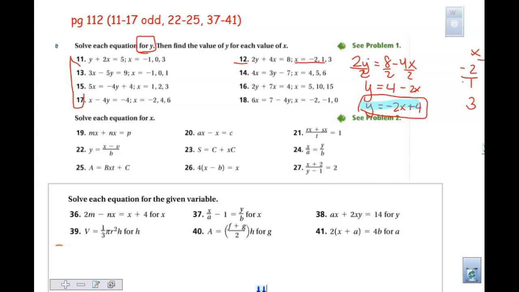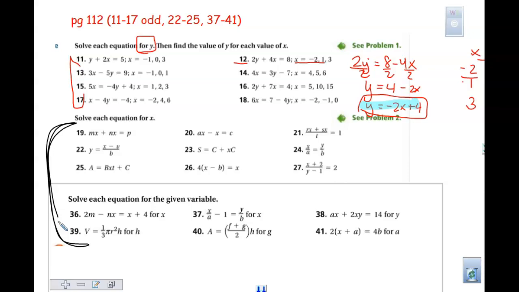This was more what the video was like, right? The video was more like solving these type of problems. That is a lot more of what you will see on the test for the literal equations. It'll be more like this. But you might have ones like the first half of questions 11 to 17. That's because that gets us into looking at linear equations, which is unit C, I think, where we have